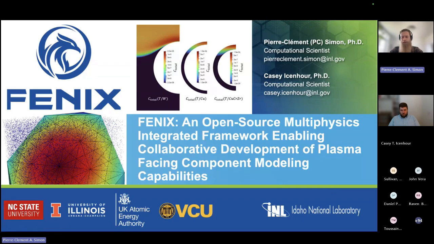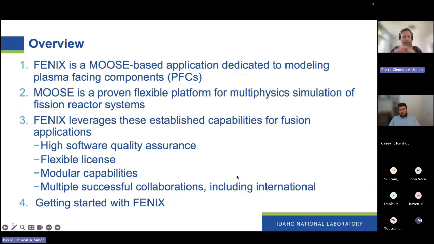But to go right into it, first I'll give a very brief overview about what Fenix is and what the goal of this project is. And then we'll make the very strong point that Fenix is a Moose-based application. And so it's very important to understand Moose and its capabilities, and especially the success it's had in the fission nuclear space, and how we plan to not necessarily apply this directly, but leverage those successes, those tools, those lessons learned through Fenix